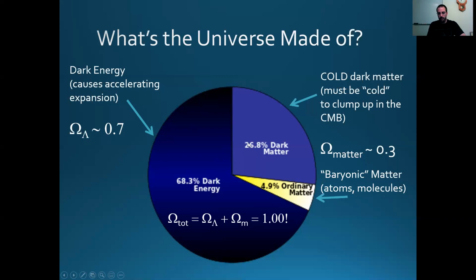Okay, so you add those up, that's still only 30%. The other 70% of the universe is dark energy. And this is the thing which causes the expansion of the universe to accelerate. If we're not sure what dark matter is, we're really not sure what dark energy is. All we know is that there's this accelerating expansion of the universe, and somehow we get there. And one of the simplest ways to explain this is Einstein's term lambda.